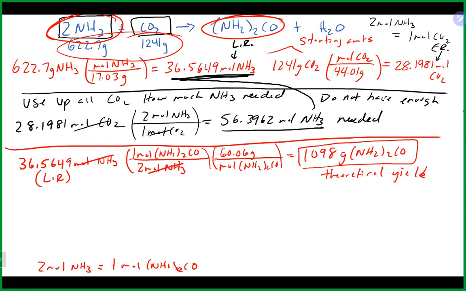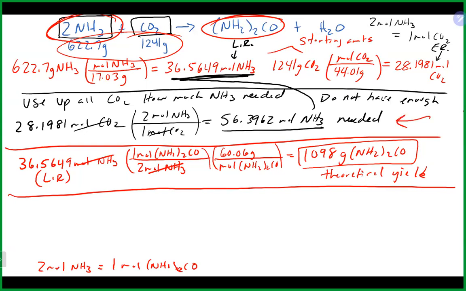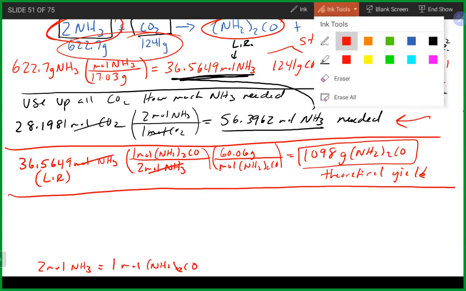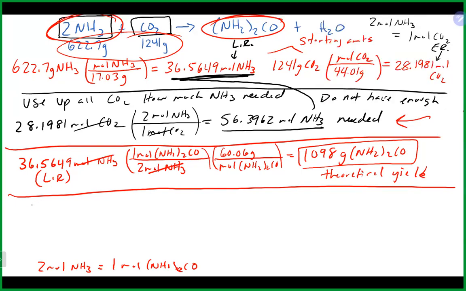Now, to finish up the second part of the question, which was how much of the excess reagent we would have left over. In this case, we did not choose good for that question, right? We actually chose the limiting reagent. So this is what I was saying before. If you happen to have chose the limiting reagent when you did that, all you have to do now is go back and do the opposite reactants and do the same calculations. So I'm going to do a calculation now to figure out how much of that excess reagent I need. So I want to know if I want to use up my limiting, which is the NH3, how much CO2